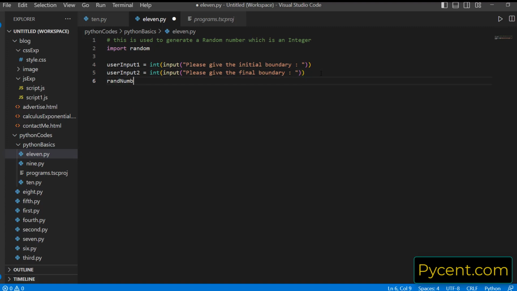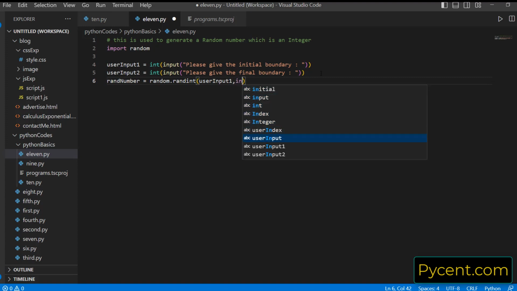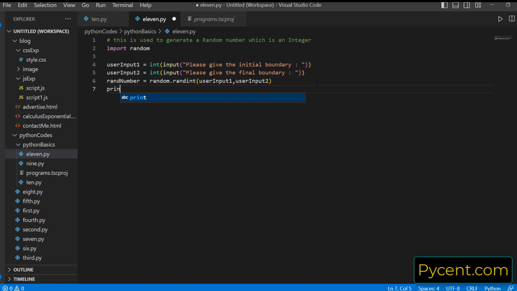Random number is equal to, now you have to invoke, you got to go to the random package. From the random package, you have to get the randint object, and inside that object you will have to send in this parameter. First parameter, comma, the second parameter, after which you print the random number, or you can say the random integer generated